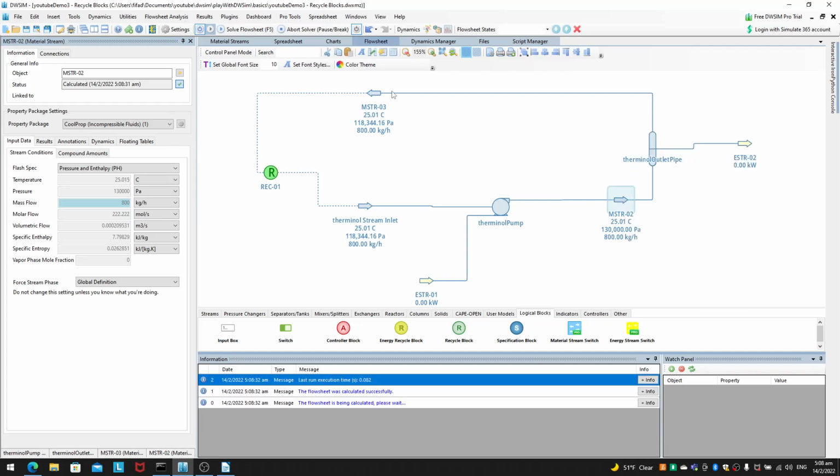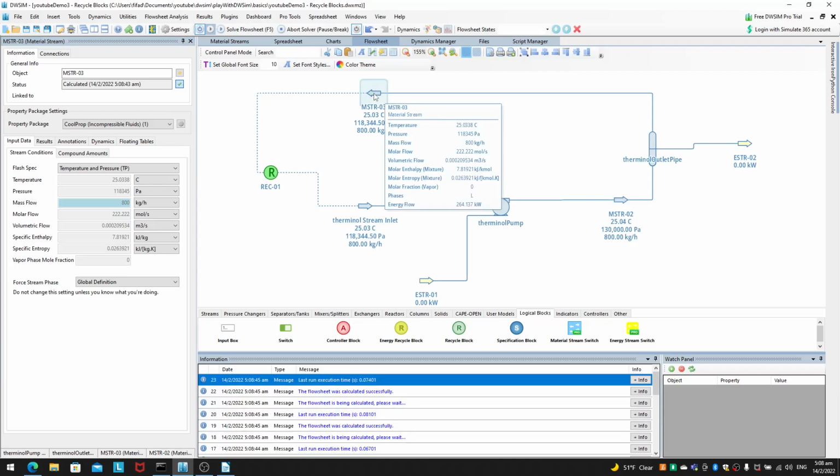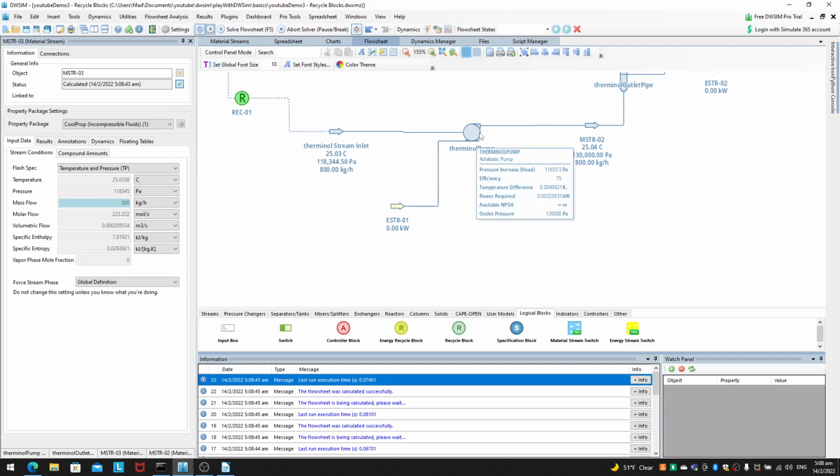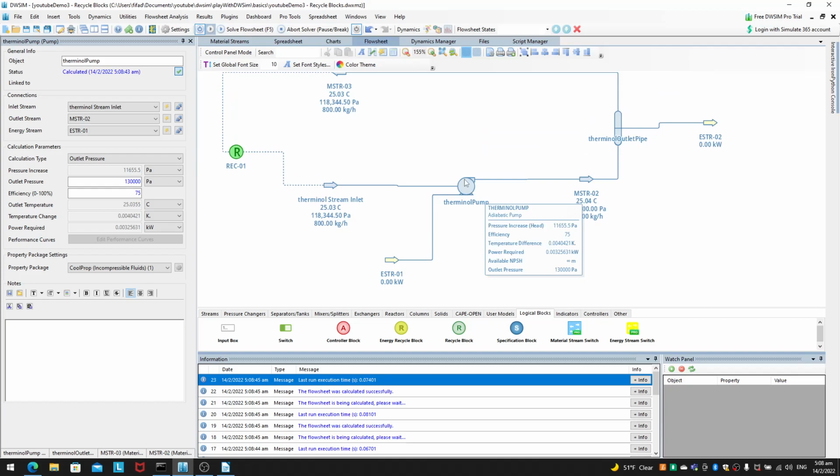So if we keep clicking this solve flowsheet, you can see the temperature will keep increasing at the successive iterations. You know why? Because we are actually putting in energy through the thermal pump. Okay, we are putting energy in through the thermal pump,